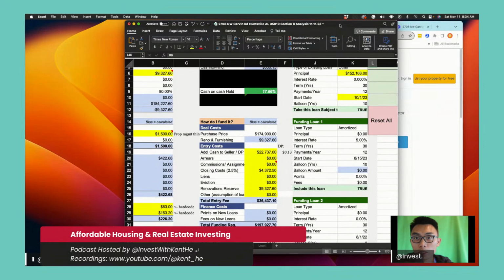And one of the ways that we can all be a little less afraid of recognizing when a deal is a deal is by simply analyzing a deal every single day. And I do this so that you guys can copy everything I'm doing today, especially if you're new. I'm just a little bit ahead of you. That's it. I'm just documenting my journey every single day, and I'm underwriting deals every single day as part of my daily habits. You can analyze the same deals that I'm looking at, put it onto the same spreadsheets, and I think that will give you guys a lot of confidence in the future,